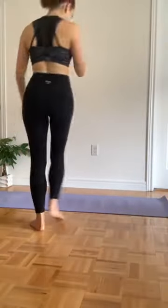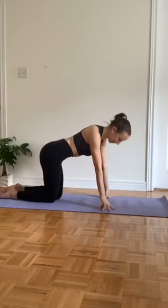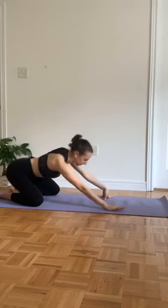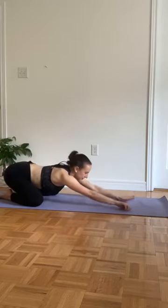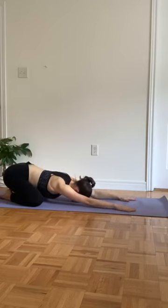Okay, awesome. So we'll start on our mats in child's pose. We'll get started there. So just coming down, bringing your big toes together. You can bring your knees a little bit wider to the sides of your mat and then sitting your hips back towards the heels, reaching the arms out in front of you, palms facing down, and then dropping your forehead